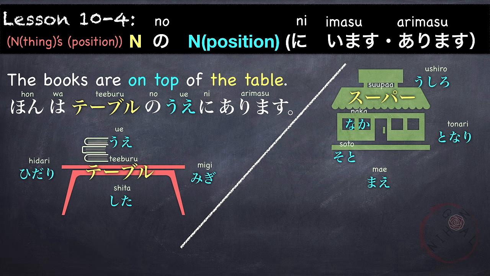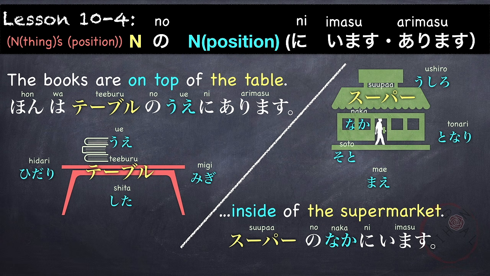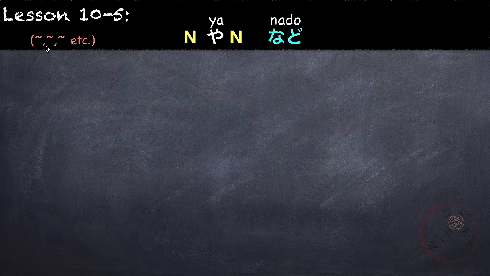本はテーブルの上にあります。Another example. Where is your husband? ご主人はどこにいますか? You can drop the topic and just say inside of the supermarket. Or スーパーの中。スーパーの中です。Or にいます。スーパーの中にいます。